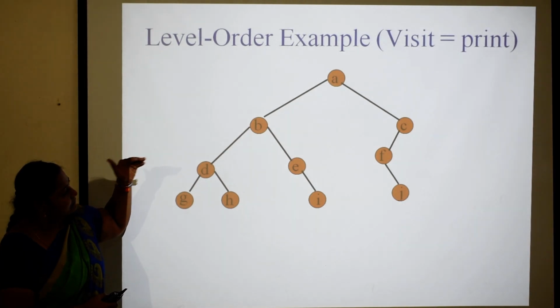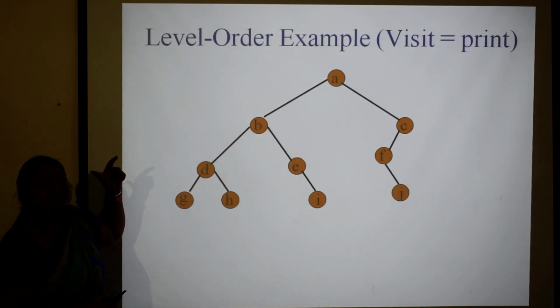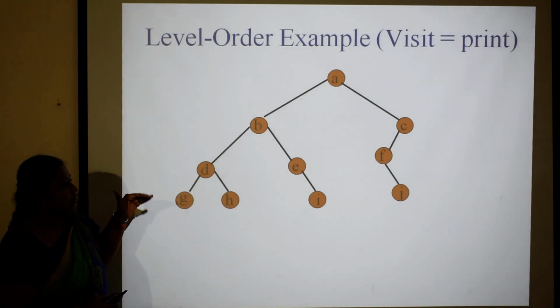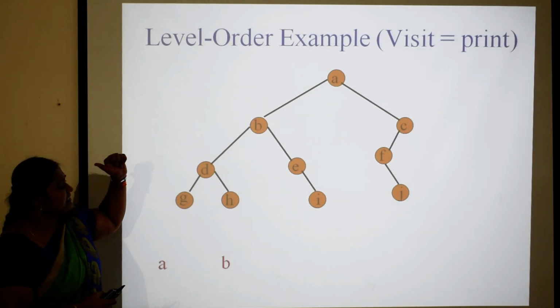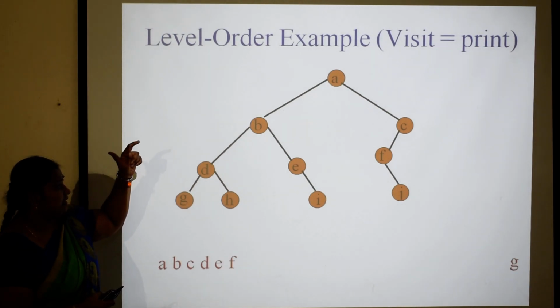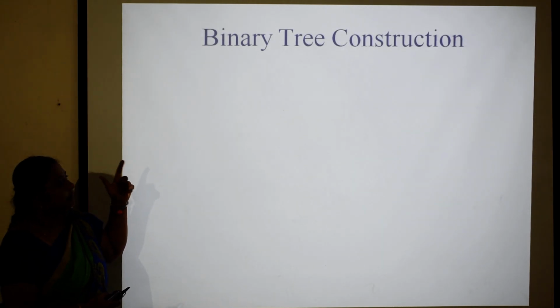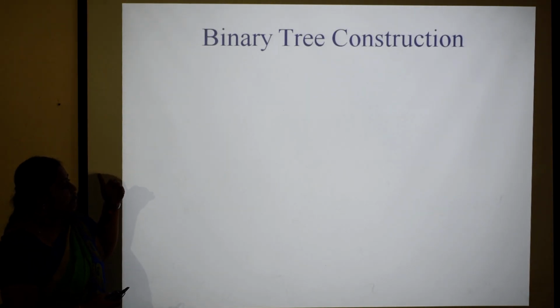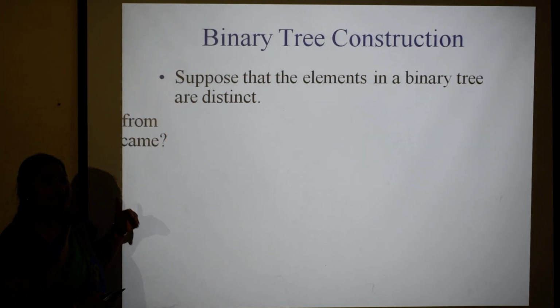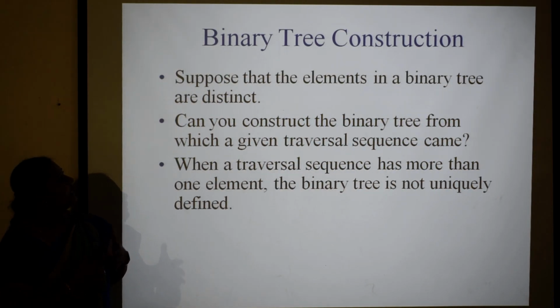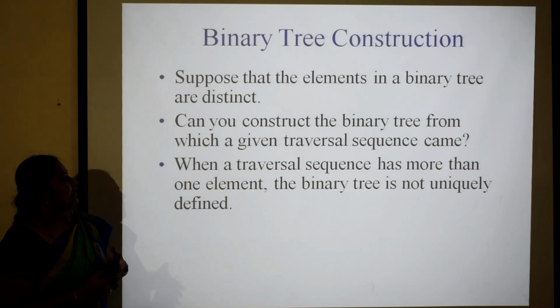So it will print every node from the top level to the bottom level. First it prints the topmost node, then it prints the second level nodes, that is B and C, then it prints the children of B and C, then it prints their children. That is how it prints everything.